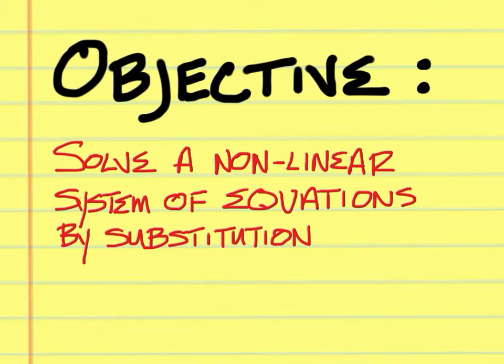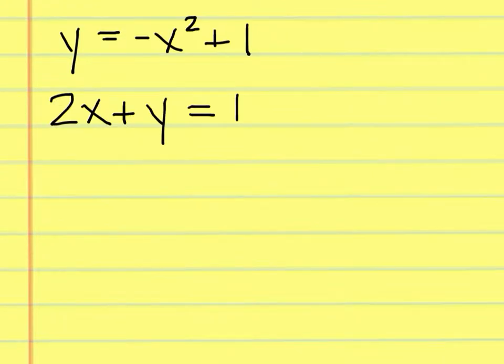To solve a nonlinear system of equations by substitution. This is a nonlinear system of equations, as evidenced by the square in the first equation. That makes it nonlinear. The bottom is linear, but together we can solve this system by using those two equations together. Your first step is to figure out which equation contains a variable that can easily be isolated by itself